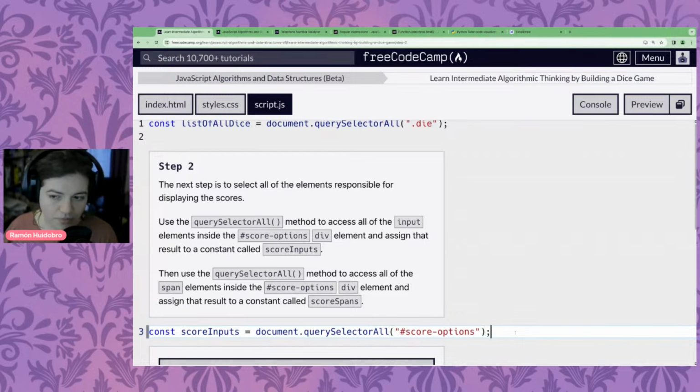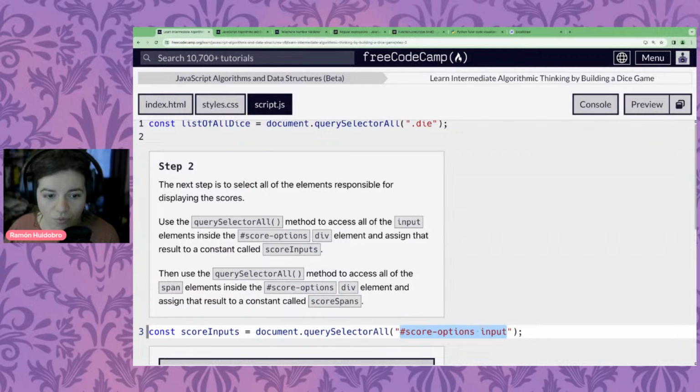Anywho, right, score options, and we want to get all of the input elements inside that score options. So input. Now with this CSS selector, we've got, oh, thank you, Jess, for confirming. Here we've got our score options selector for that div, and we're getting all of the inputs that are inside that div.